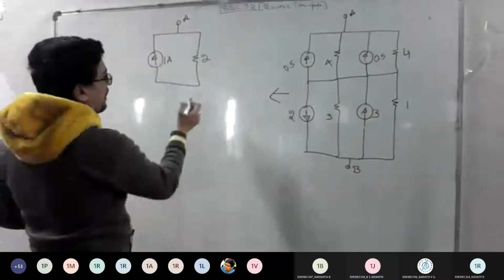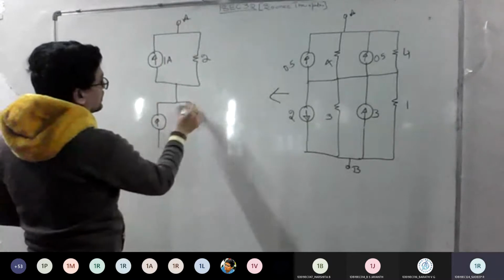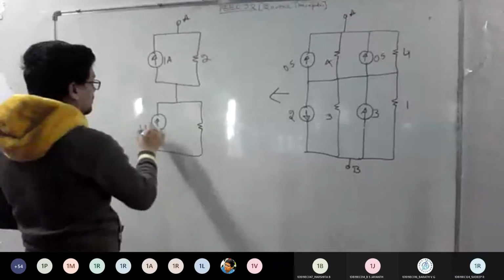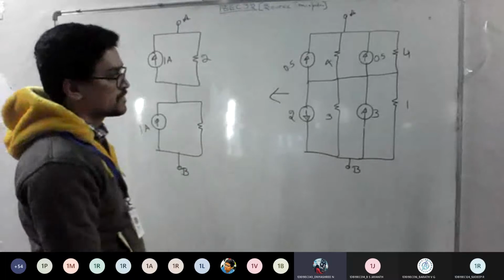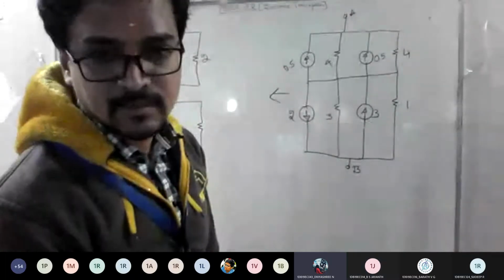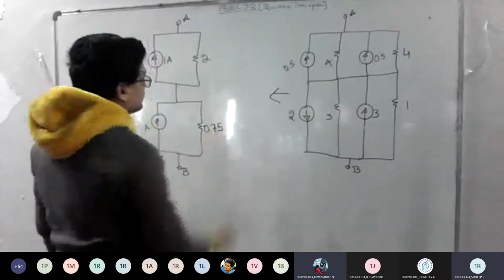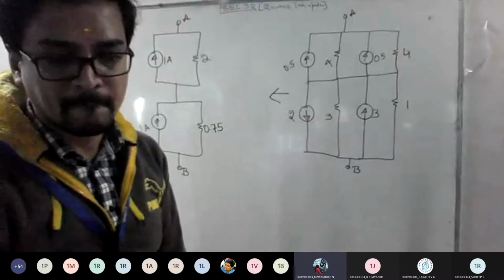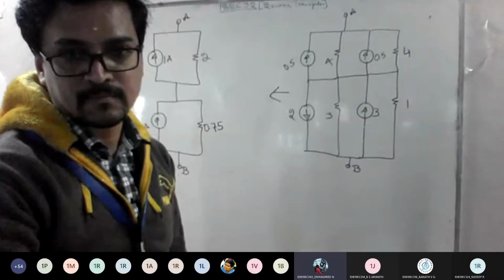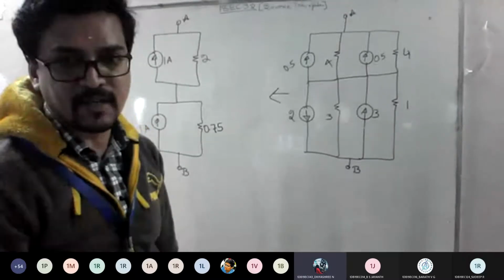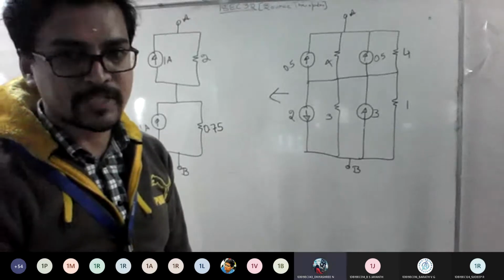Okay. So this is in parallel, right? So you can connect the things like this. So it's a parallel combination. You can connect upward 1 amp. And what is the value of this resistor? 0.75. How much? 0.75. Any doubts, anyone? Is it fine till here? Am I clear? Shall we proceed?